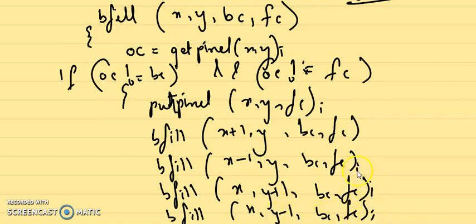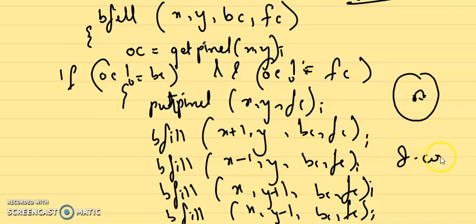So what are we doing? We are calling my procedure after my first step, right? So I am here. After my first step, where is it going to go? X plus 1. Right? It is going to go there till the time the condition is not true. Right? Then it goes to x minus 1, then y plus 1 and then y minus 1. Similarly, you could use the procedure for the 8 connected approach. Okay. With this, I hope boundary fill is understood. Thank you very much.